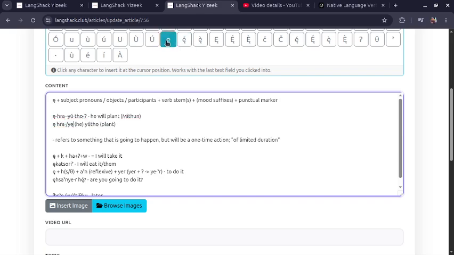So this could be ka for "I." It could be hus for "you." You can say ehasa yoto. That can mean "are you going to plant it," or "you will plant it," "you'll plant it," "you're gonna plant it," something like that. But yeah, you can generally do that. But in this example, you have ihra, "he," yotho, and then you put your punctual at the end there, and that's how that one works.